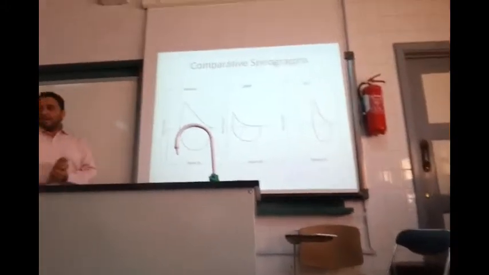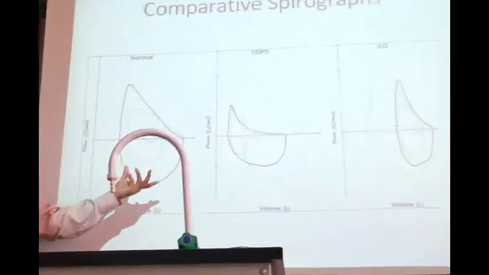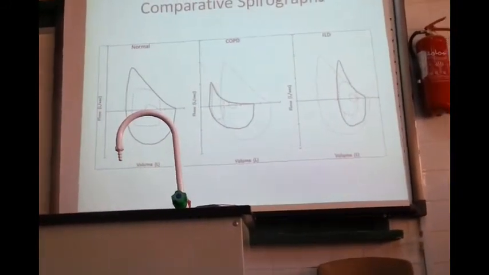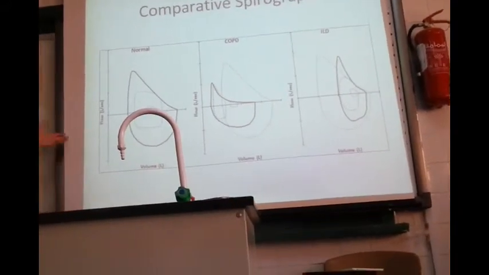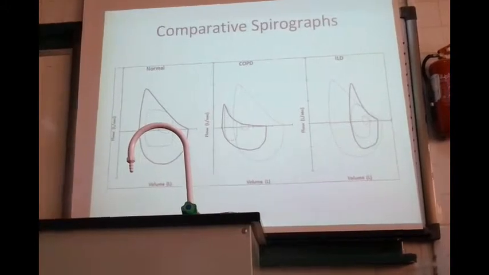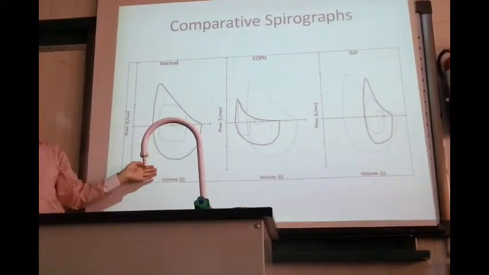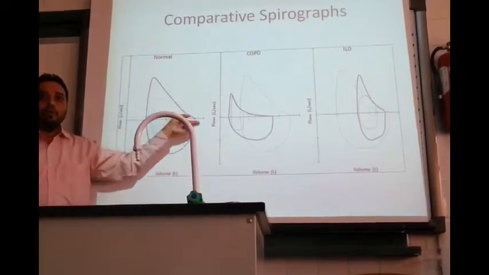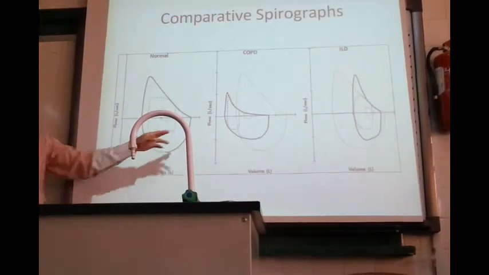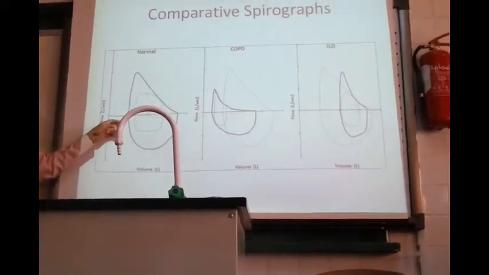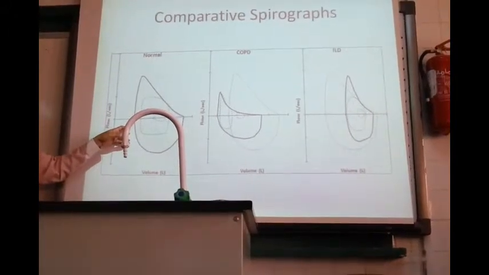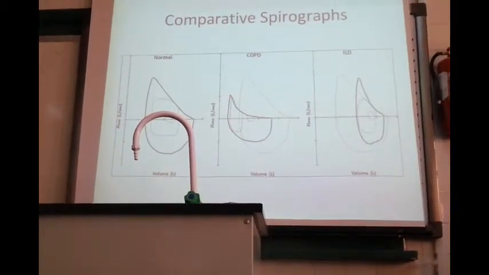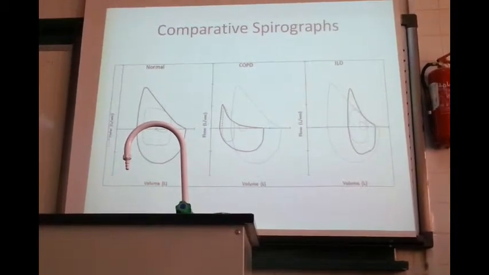Right. After the uses, let's just briefly see that particular discussion I had with you about obstructive and restrictive disorders. How it appears in the spirometer or the spirograph. This is the normal spirograph of a person. As you can see, it's a loop, and the loop is complete. This is the inspiratory loop or inspiratory limb, and this is the expiratory loop or the expiratory limb. Why is it like that? Because of the new electronic methods.